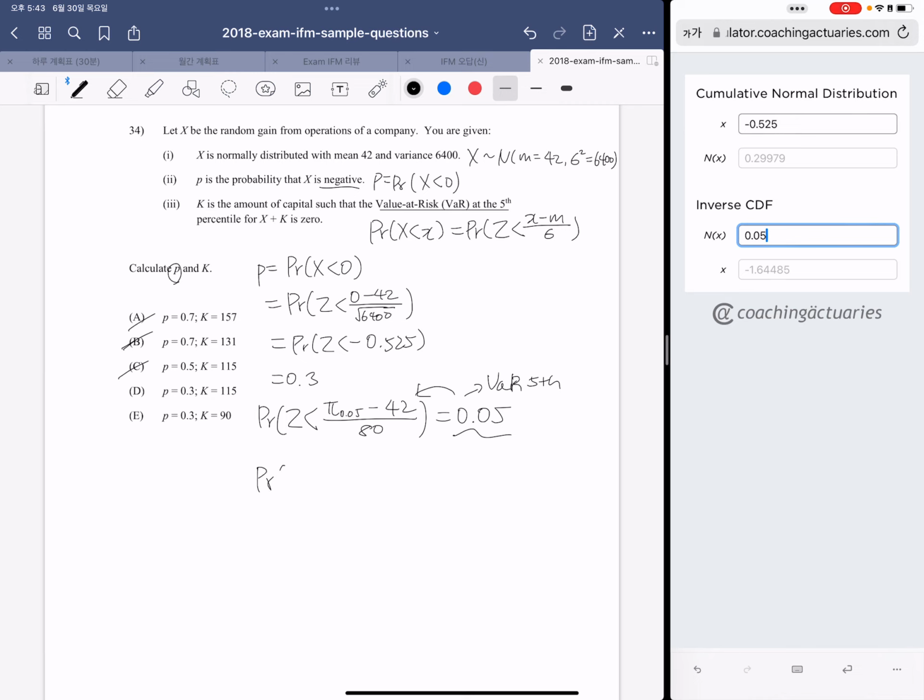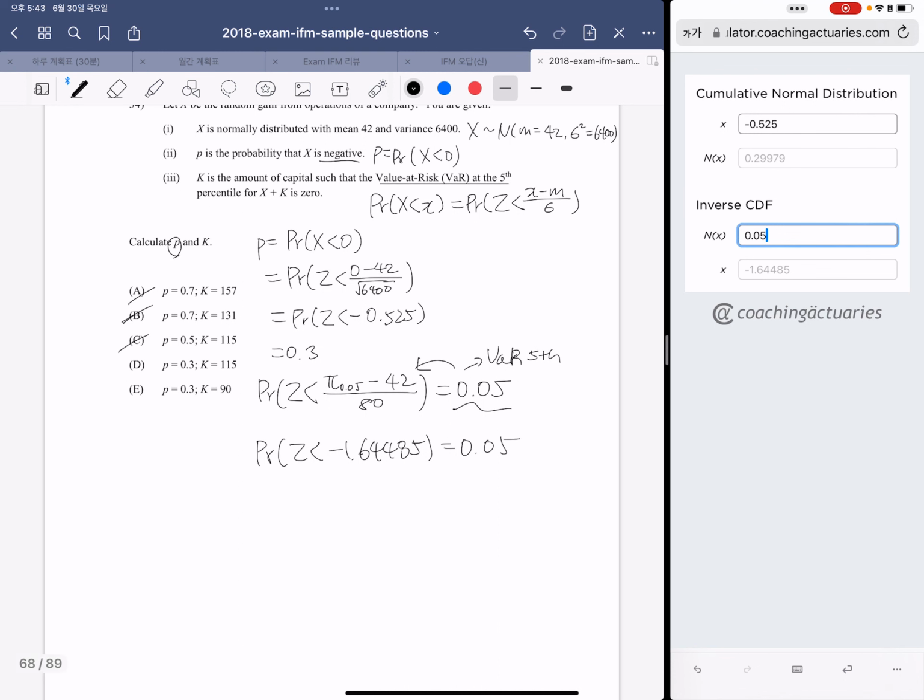So this means the probability of Z is less than negative 1.64485 equals 0.05. Consequently, pi minus 42 over 80 equals negative 1.64485. And calculating this, pi equals